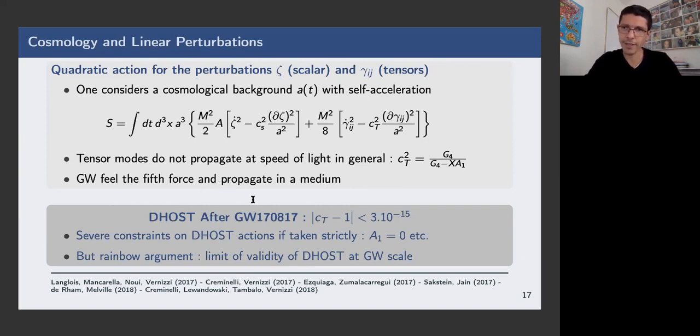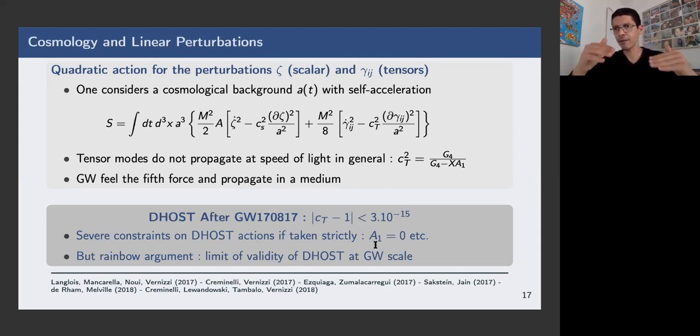And you have all heard about the event GW170817, the neutron star merger, and we had a very strong constraint on the speed of the gravitational waves. We found that the gravitons propagate at the speed of light up to this fraction, which is, of course, extremely small. So there were a lot of discussions about this constraint. And if we take this constraint strictly and seriously, if we say that ct is 1, then we have very severe